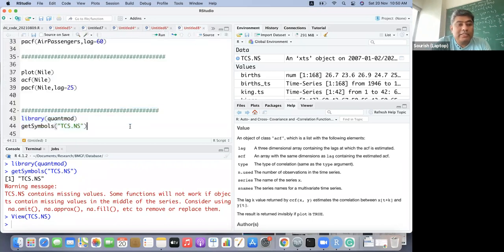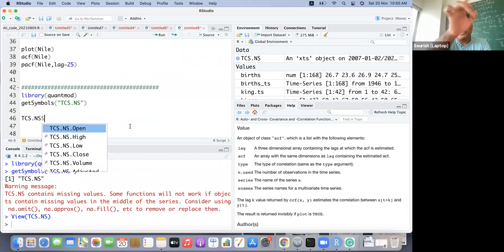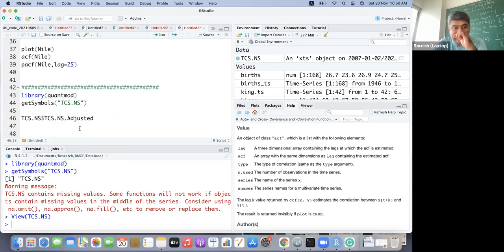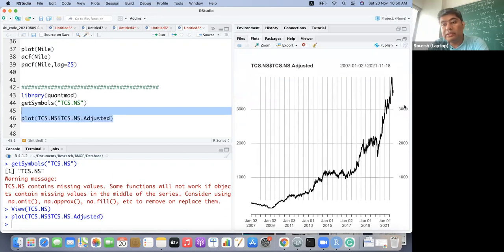So if I just say TCS dot, so this is the data frame name, and as soon as I give the $ sign, it gives me the opportunity to pick anything. So I pick this column, TCS.NS.Adjusted. If I just say plot, this is how it is.